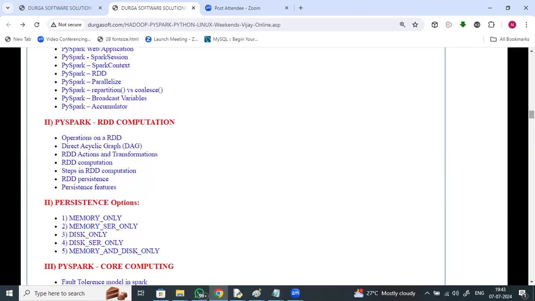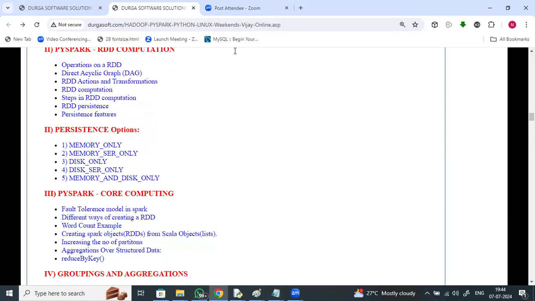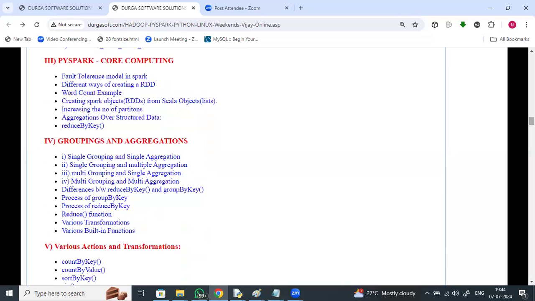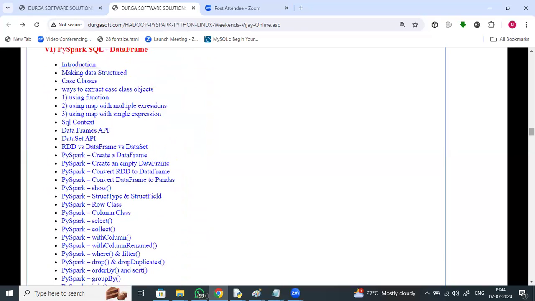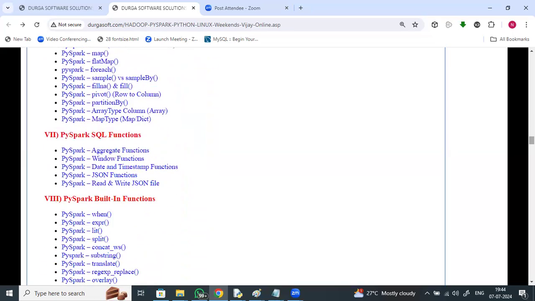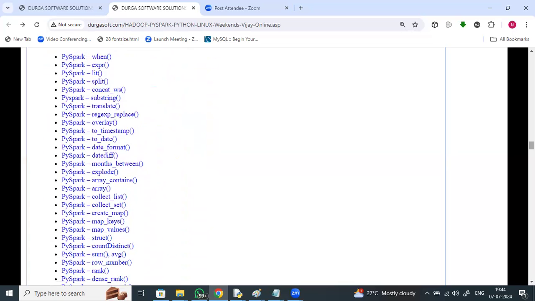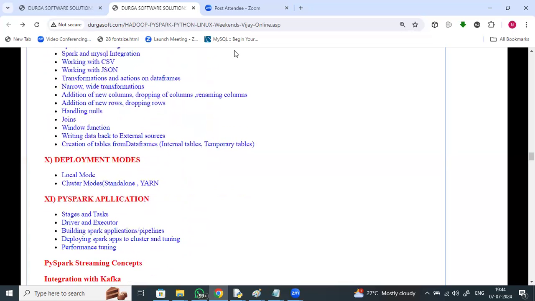So RDD computations, persistence options, different persist options, PySpark core computing, fault tolerance model, grouping, aggregations, various actions and transformations, PySpark SQL DataFrame, PySpark SQL functions, built-in functions, external sources, deployment modes, PySpark application stages, driver and executor, building Spark applications and pipelines, deployment modes, performance tuning,